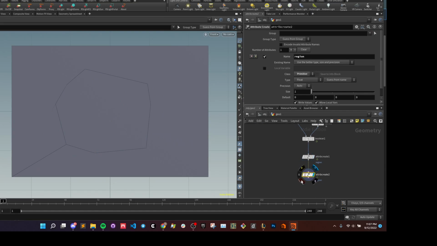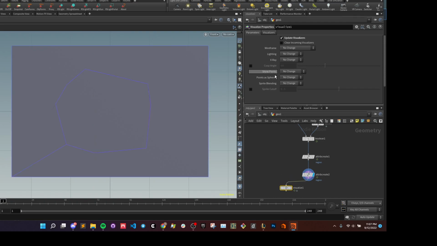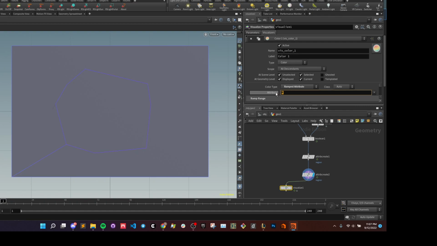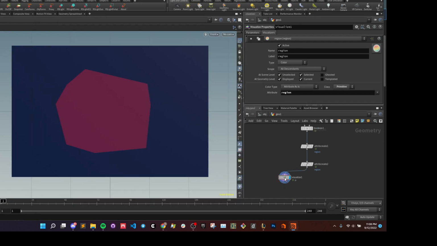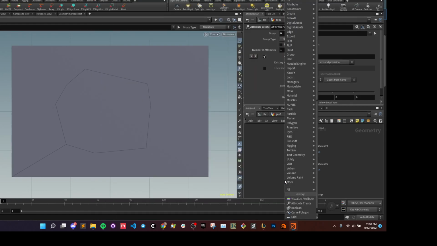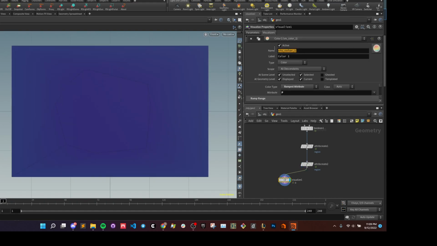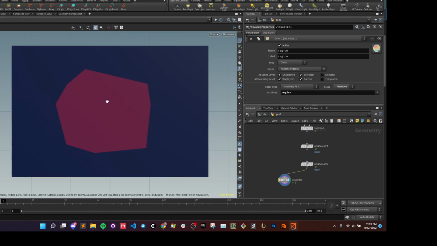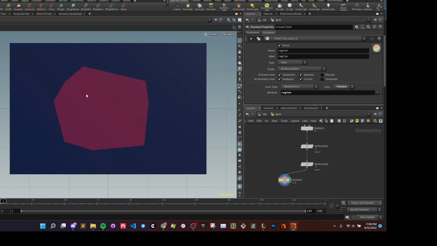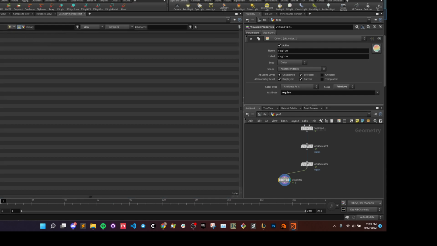So now we can use a visualize attribute here to see it. Let's see. So we're going to see attribute region. Let's see if this works. Give me 1 second here. Sorry, I'm not that well practiced with using the visualize node, so I'm just going to do that again. I'm trying to get better at that. So for visualizers, we're going to call this region, class primitive. There we go. So now we can see, actually if we do attribute as is, you can see our middle thing has a value of 1 and our outer has a value of 0,